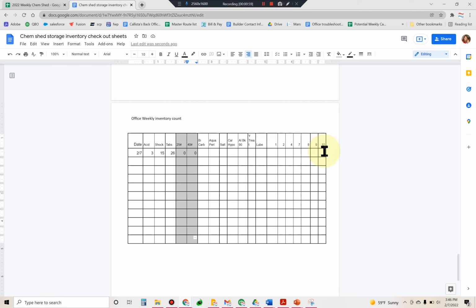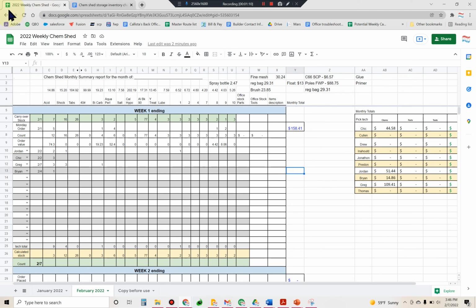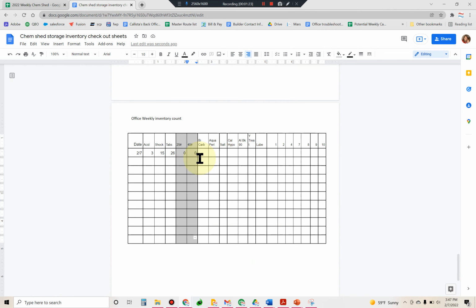The magic lube and reagents are in the office, not in the shed, so you'll go ahead and count that. Then you'll bring the clipboard to your desk and open up 2022 Weekly Chem Shed. When you open this up, you're going to make sure that all of the items have been allocated. So you are looking at your Chem page,